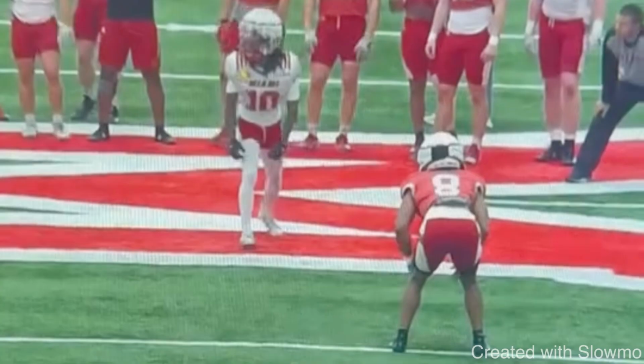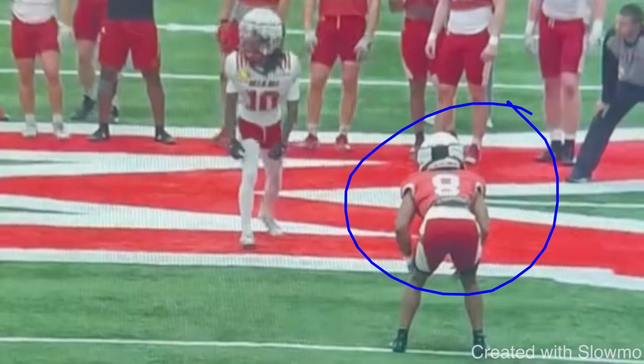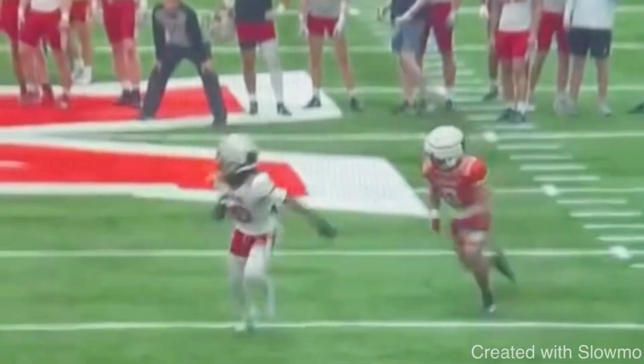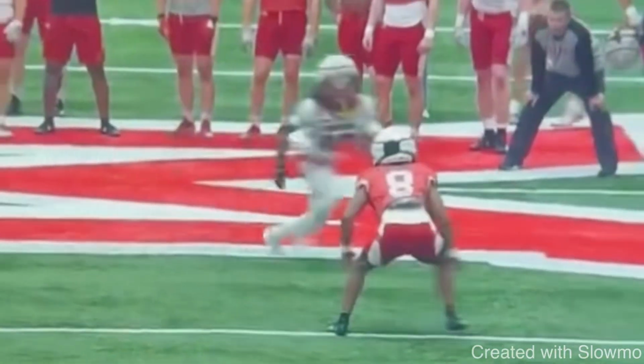So this wide receiver is running a seam, and he's going up against a DB who's about, I would say, 5 to 6 yards away, outside leverage. We're going to play it at full speed, like I said, then we'll break it down. So he goes ahead and attacks this DB's leverage, gives him a move, and then ends up running a seam route. Now, some of you might be thinking, and this is what a lot of people commented on the video,